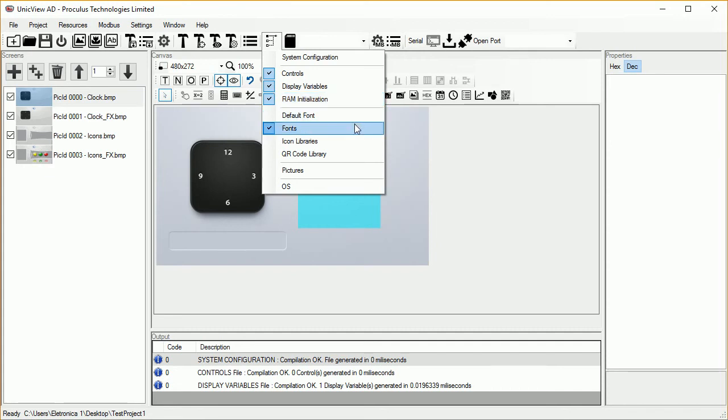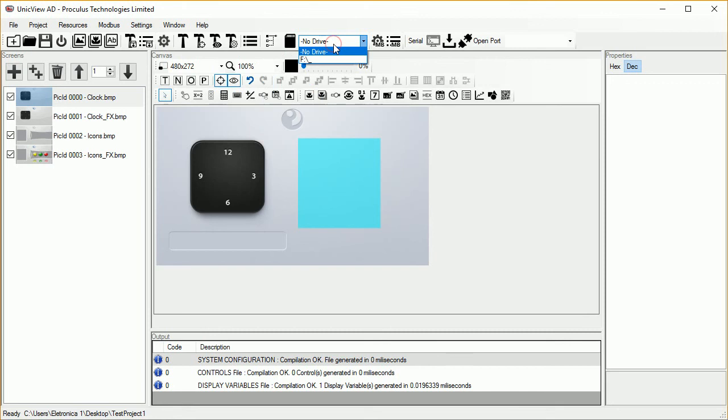When you modify the icon and font libraries, you may want to copy the fonts and icon libraries files. The default font and QR code library files come bundled with the LCM from factory, and are usually not needed. If the background image of any screen is changed, you may also want to select the pictures file. Only the screens that are checked on the screens panel are copied.